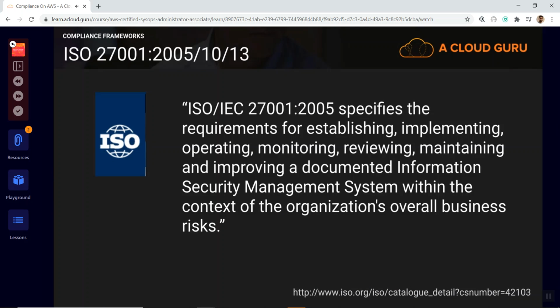So ISO 27001 is a certification an organization can get. They have to go through a sort of audit process in order to do it. And it specifies the requirements for establishing, implementing, operating, monitoring, reviewing, maintaining, and improving a documented information security management system within the context of the organization's overall business risks. So basically you need to have a documented information security management system. First you have to establish it, then you have to actually go out and implement it, and then you have to operate it and monitor it and review it